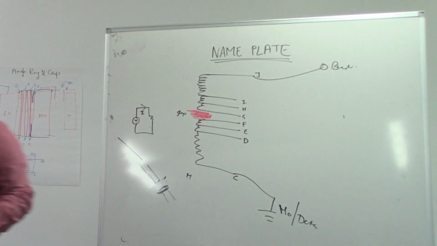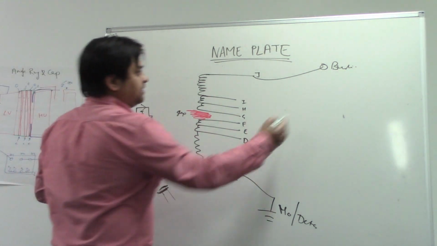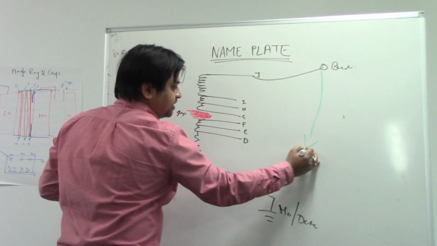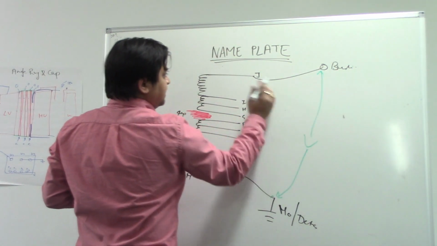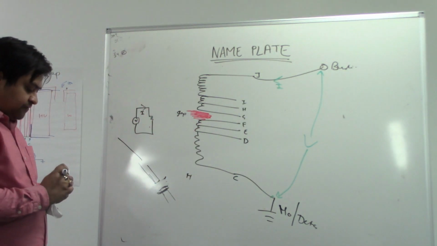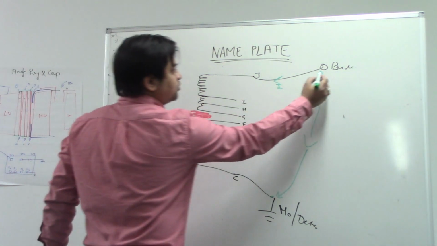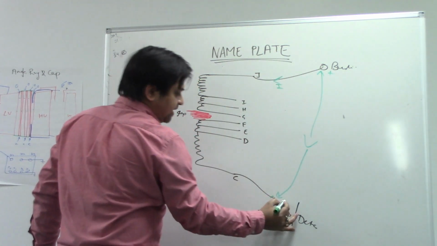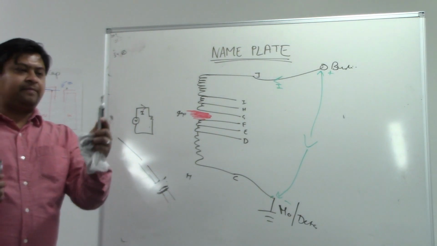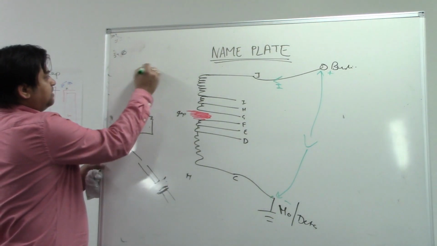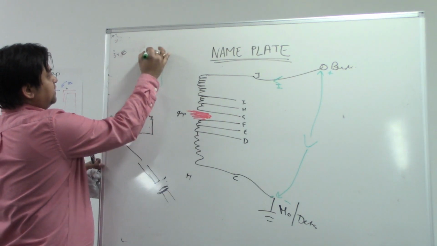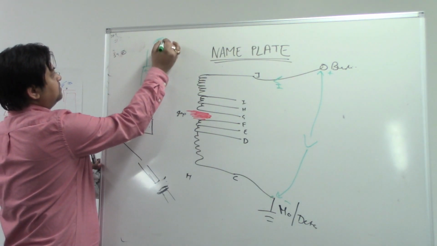Now let's try to see if we apply a voltage across this. In that case, a current will try to flow, going from the positive to negative, just like a battery. Just take the example of a battery. If you have a battery which has plus and minus, and you have a bulb here,